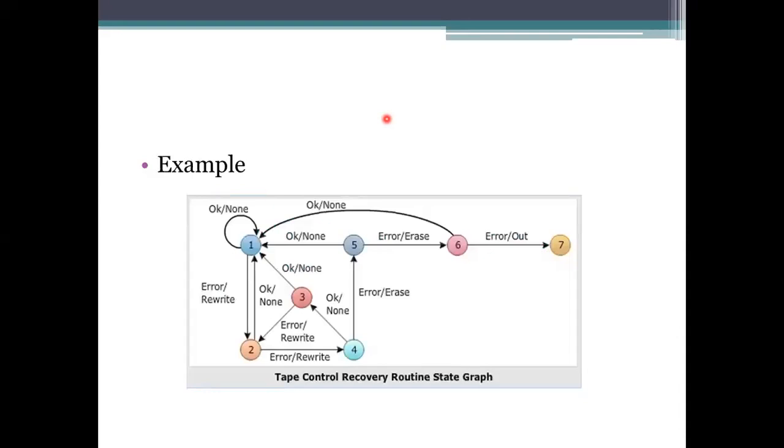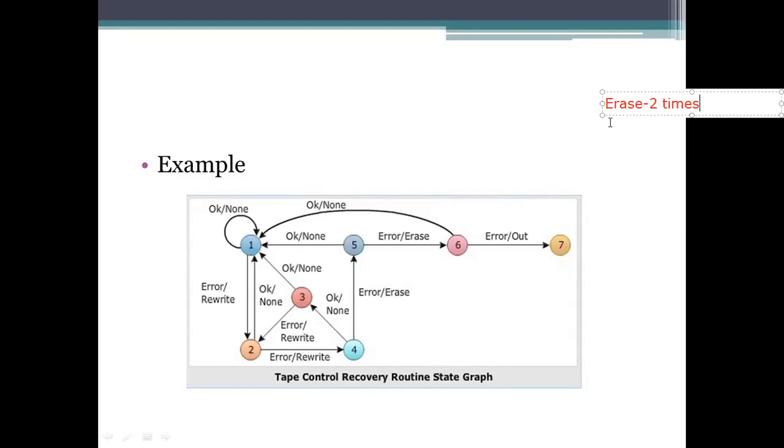Okay, so here we need to take a tape recorder, and the task is rewriting. As in yesterday's class I explained the rewriting, now today we will see erasure, erasing the data. So the erase operation: how many times can you perform the erase operation? We can perform it twice. After twice we will declare it as out, that is, out of service.